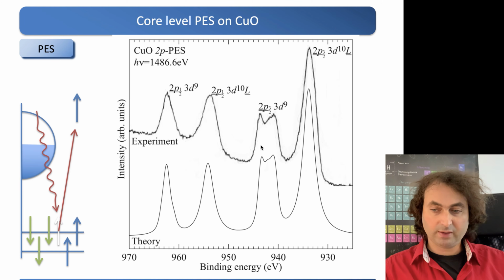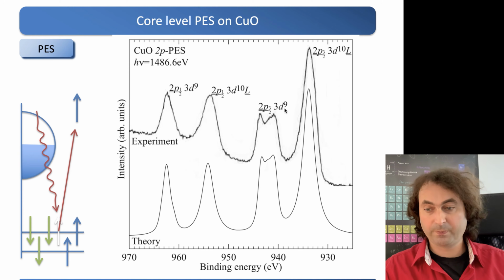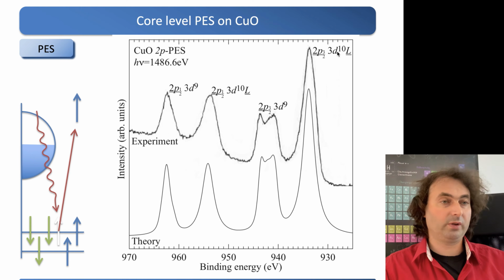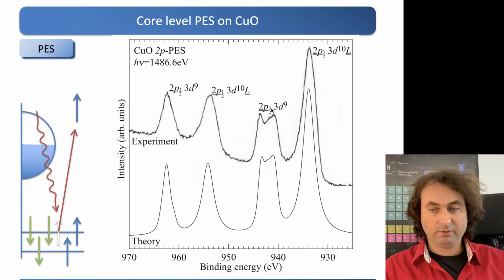Now you also see that the D10 configuration is very sharp, whereas the D9 configuration gives you, well, several internal peaks. You should realize that you have here a Coulomb interaction between a hole in the P and a filled D shell, and there's only a single multiplet, whereas here you have a hole in the P and a hole in the D, and then there are many different multiplets, which you see now also arise in